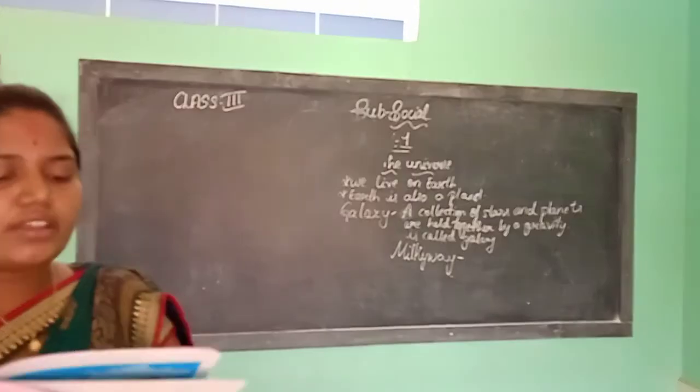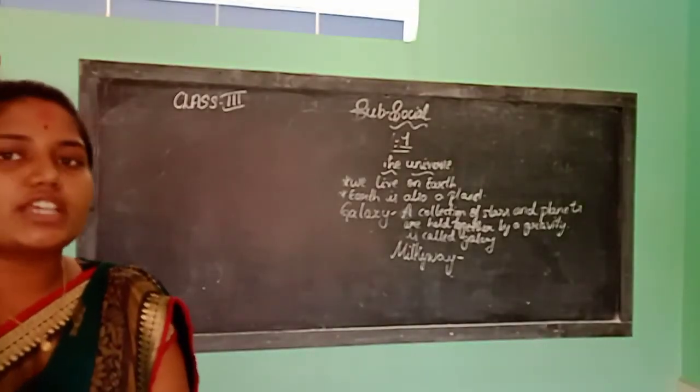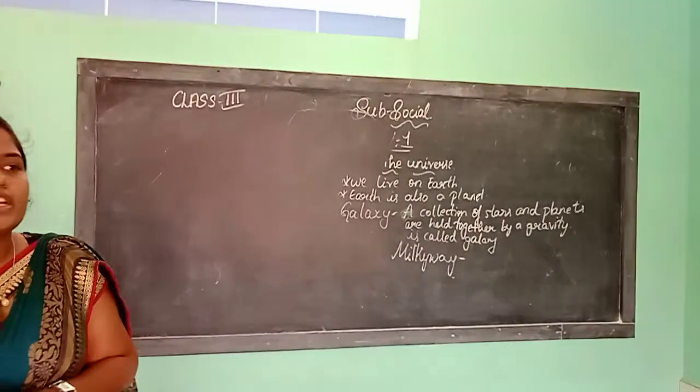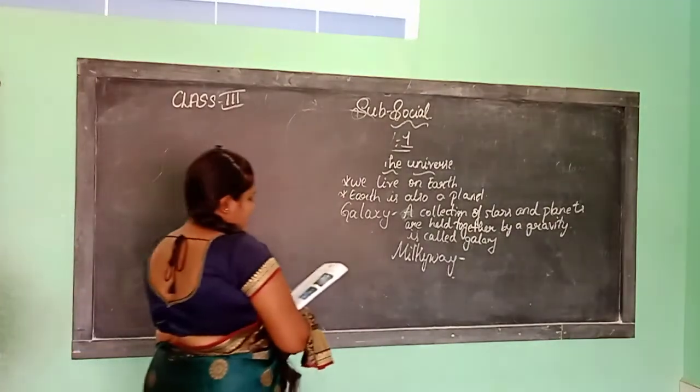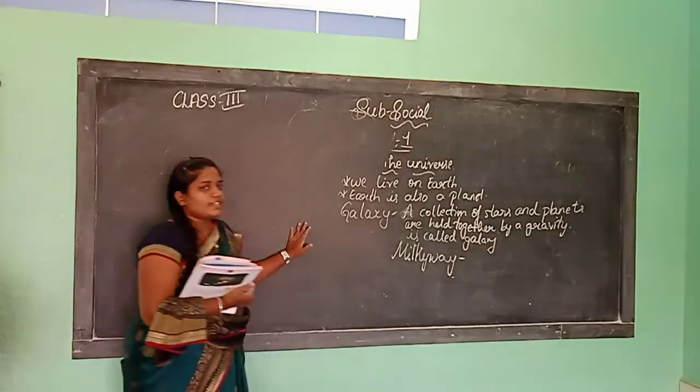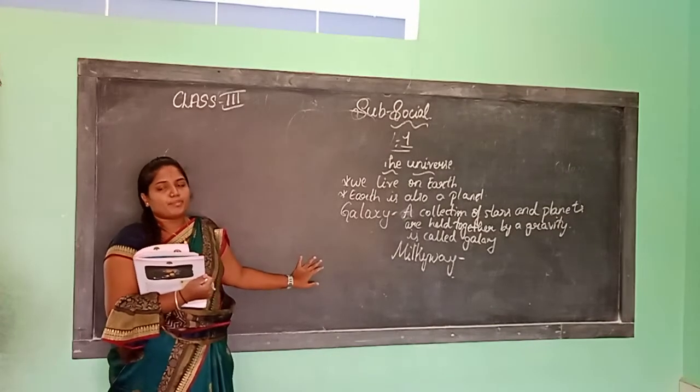Next, the stars. The twinkling objects are called stars. What is constellation? A group of stars is called constellation. Examples of constellation are Great Bear. In India,